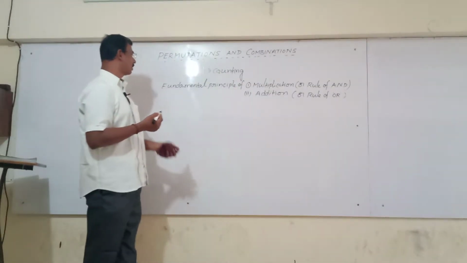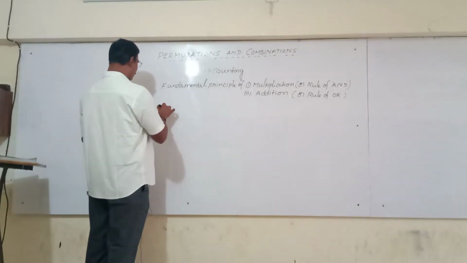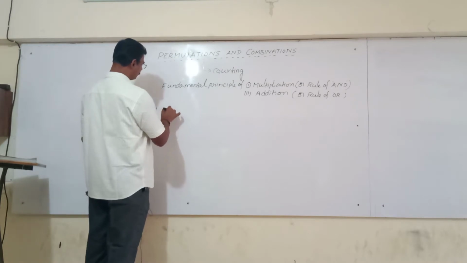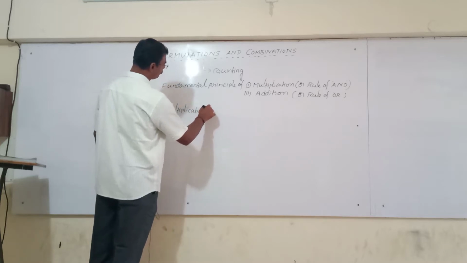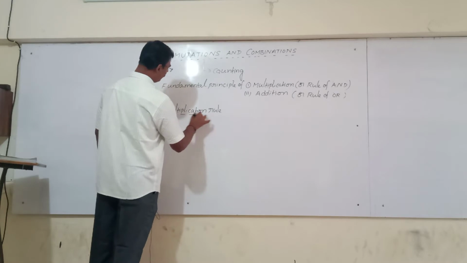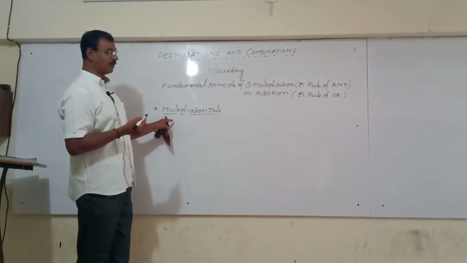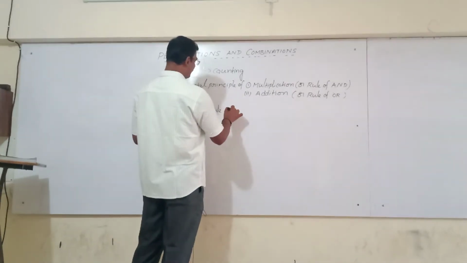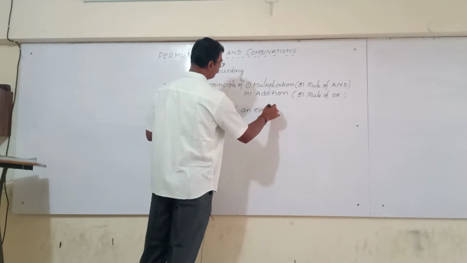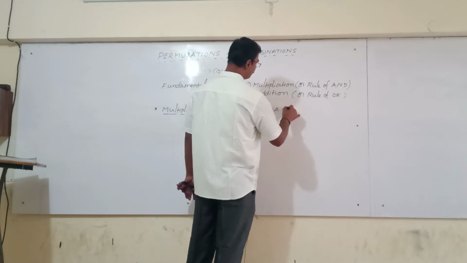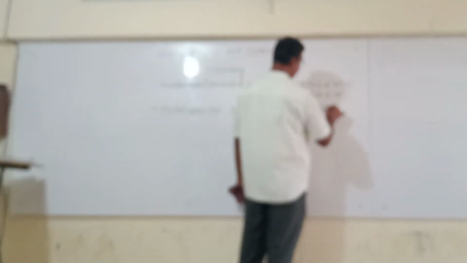Now we are going to start. What is the fundamental principle of multiplication? The multiplication rule. Firstly, I take the definition. You also know this definition is very important. That is, if an event A can occur in m different ways,